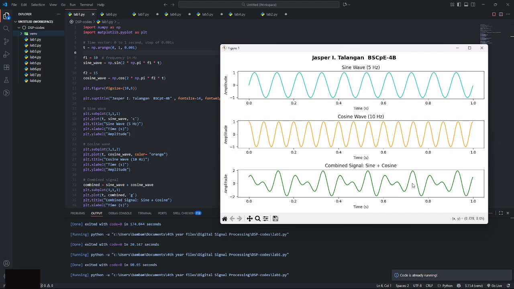This happens because the waves interact through a process called superposition. At some points, the waves add together, making the amplitude larger. In this part, the amplitude gets larger, and at other points they cancel each other, making the amplitude smaller.